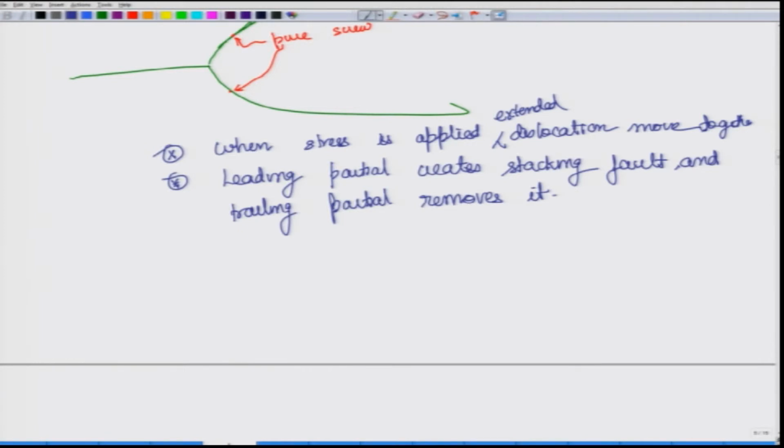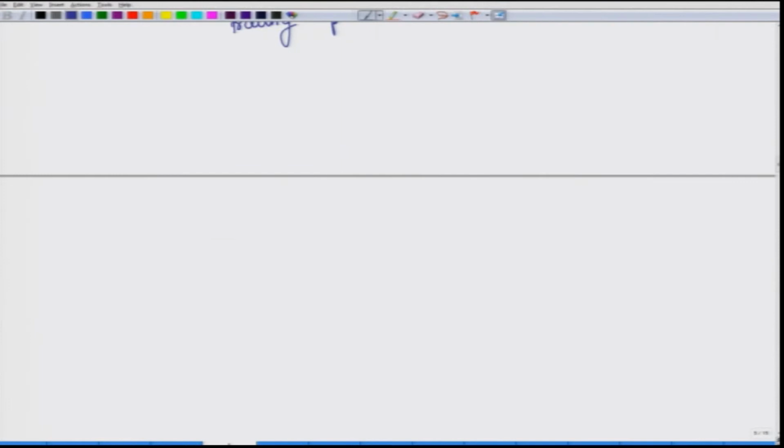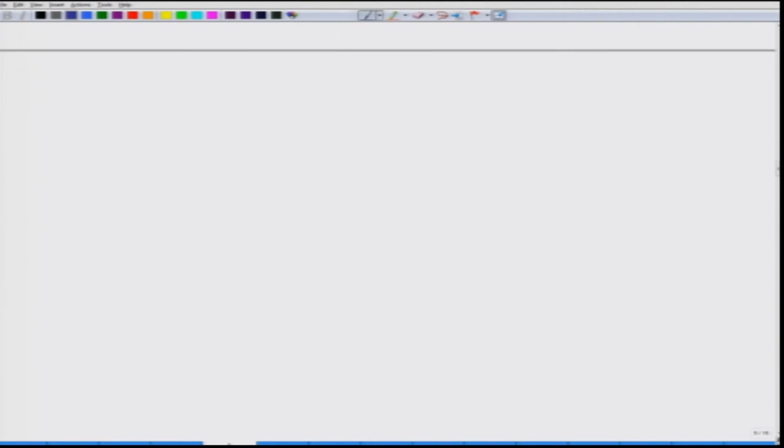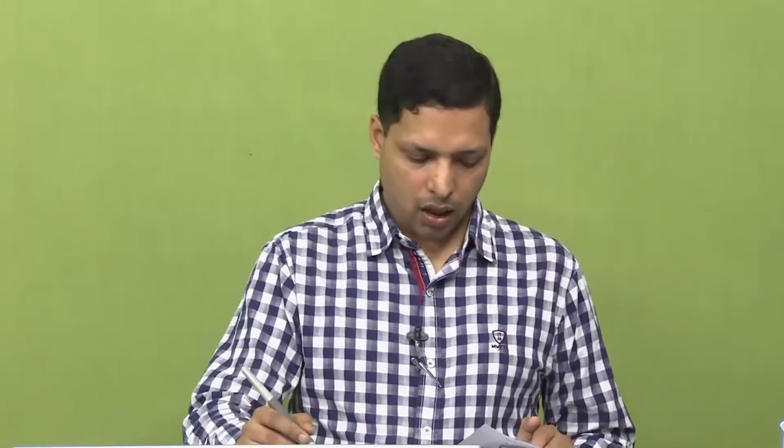So, these are some important aspects when we are talking about the partials. Now, there are several possible types of dislocation, and do all of them in the FCC dissociate into partials? What are the Burgers vectors for this? How do we know about this? And for that, again we will have to go back to our FCC unit cell.